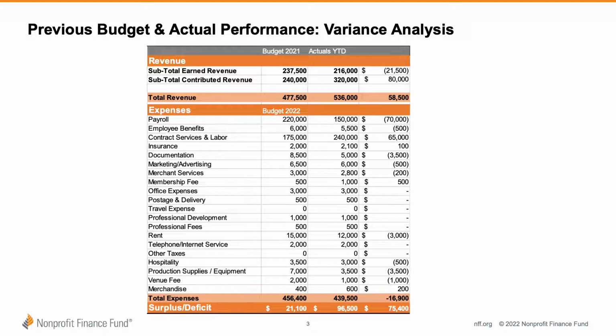This kind of analysis can also happen on the revenue side. You might see a variance because a particular grant didn't come in as expected. There's a lot of value in this one line at a time kind of review. It helps you understand not only what happened last year, but also whether those circumstances apply to the next year, and ultimately helps you decide what to include in the budget in the end. Again, knowing why a variance happened is more important than the actual existence of a variance.